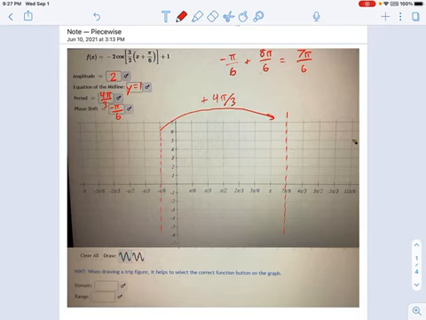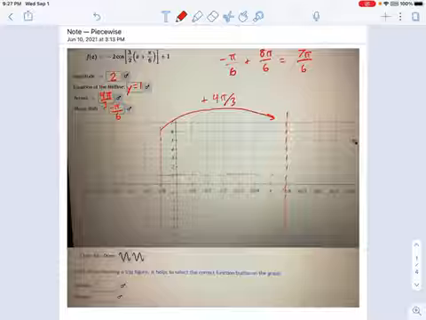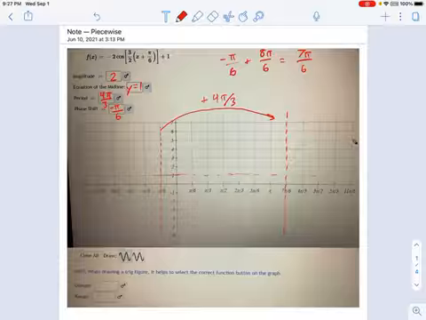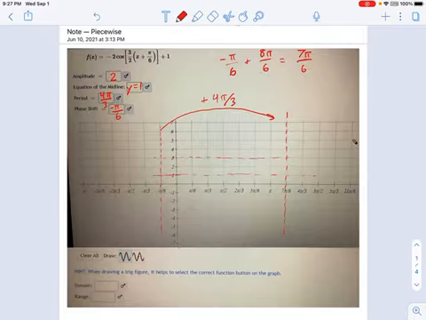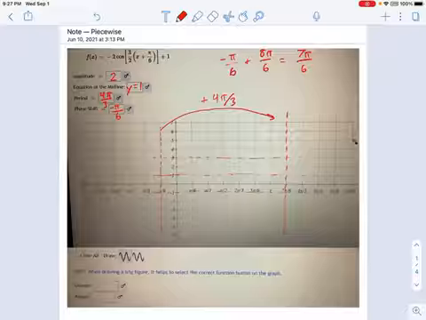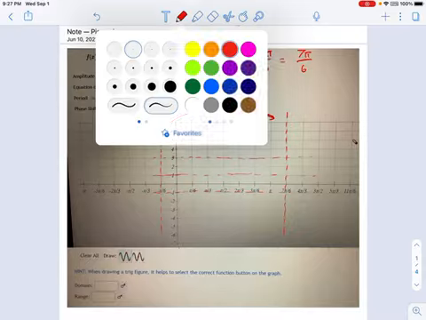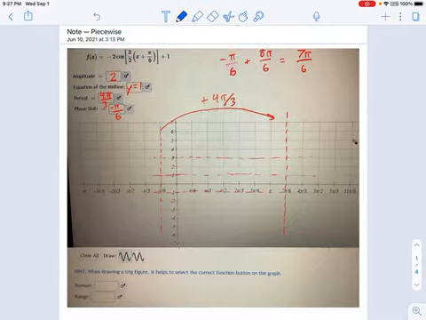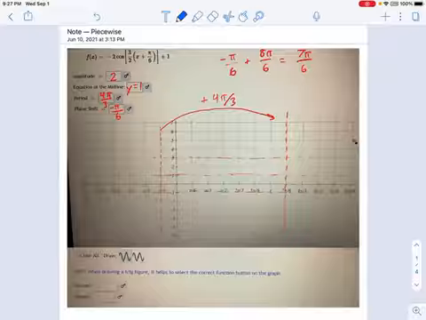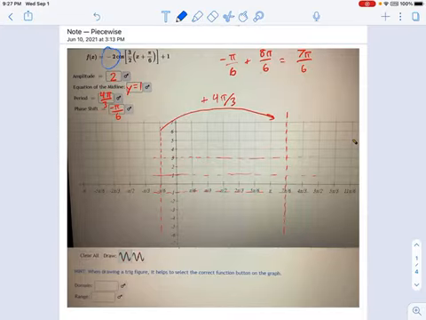Now the midline is y equals 1. So that's going to be this right here. And then we go up and down from that by 2. Okay, so 2 up and 2 down right here. So there's our graphing window. I'm going to put this in blue to keep it a little more clear. Where do we start? Well, cosines always start at the top, unless it's a negative cosine, like this guy. It's a -2 cosine. So we're going to actually start this one at the bottom.